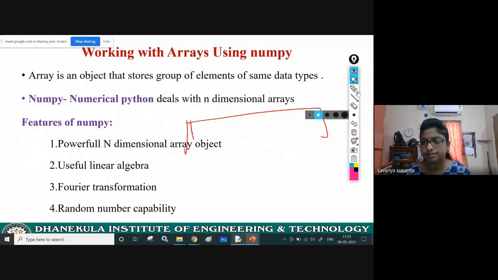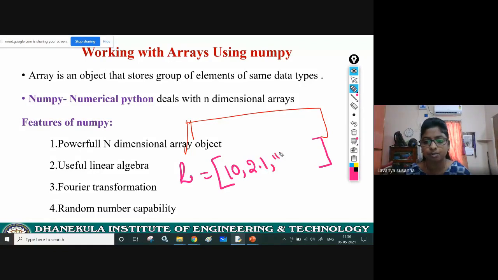See here. See list, how to define the list, how to create the list. Some variable equal to open square brackets, close square brackets. Inside that you can provide some elements separated by commas. Here in list, you can give the same types of elements, like all integers, all floats, or all strings, and you can give different types of elements also.